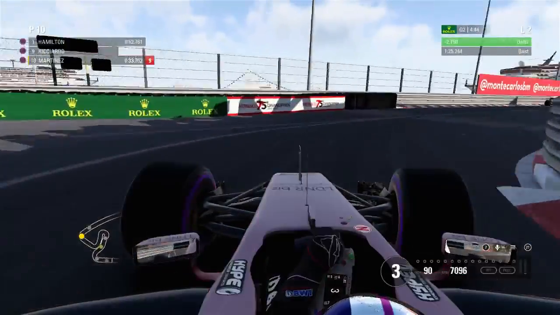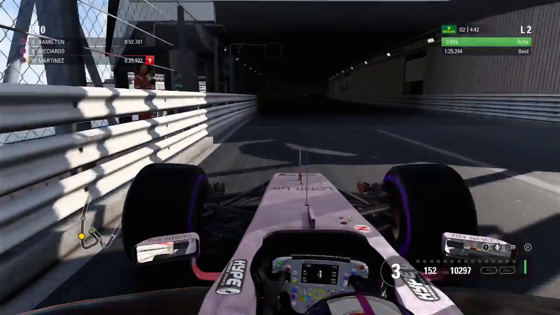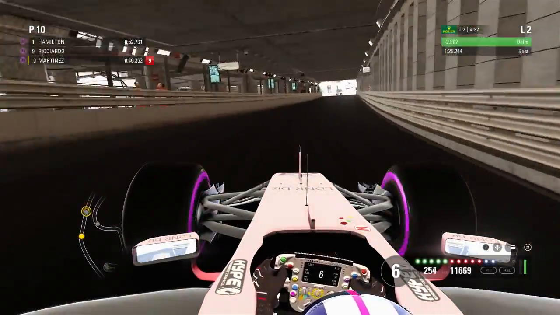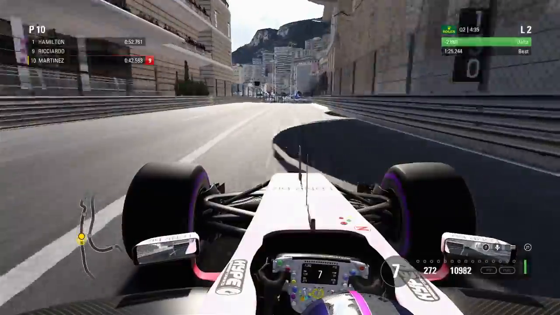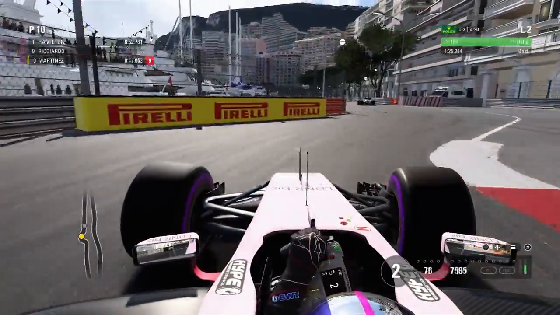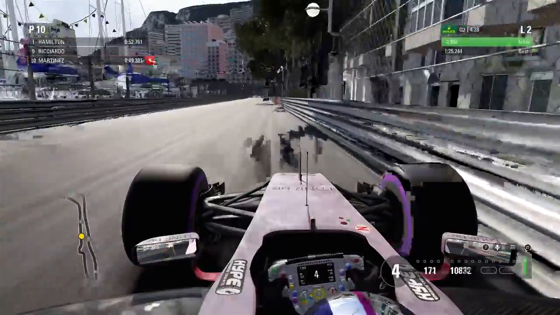But now through Portier, 2nd gear once again, crucial to set yourself up here for some good traction through the tunnel. The tunnel has definitely been improved in terms of its lighting because it's way darker, and also now when you come out into the daylight it's much brighter. It really hits you there. But into the Nouvelle chicane, 2nd gear, fairly simple, just keep out of the barriers,